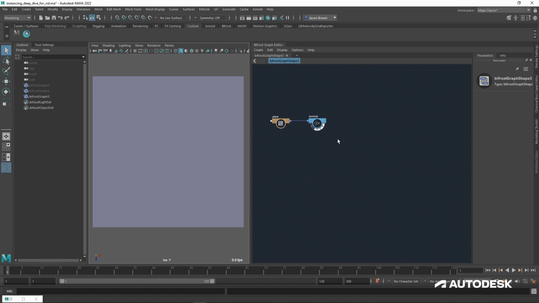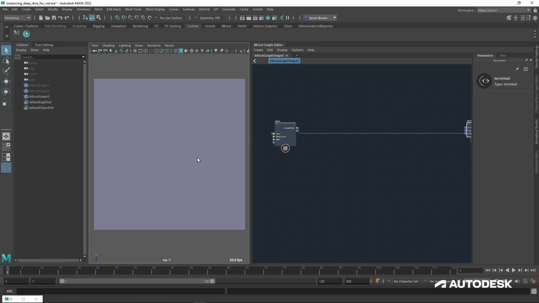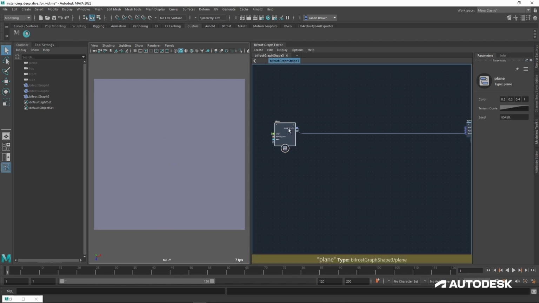We're going on a journey into scatter points, which is Bifrost's scatter pack scattering node, and it's the main one. We're going to use it an awful lot, and we're going to use it for a lot of very interesting things. But to start with, we better find out how it works. So what we need, before anything else, is some geometry to scatter on. There's some stuff we'll be doing later that doesn't need it, but for now, we're going to need something to scatter on,